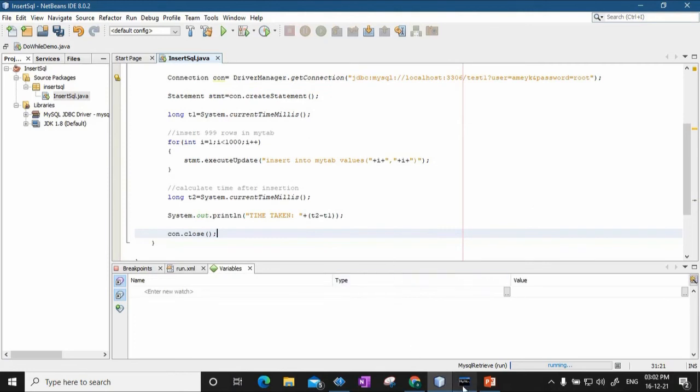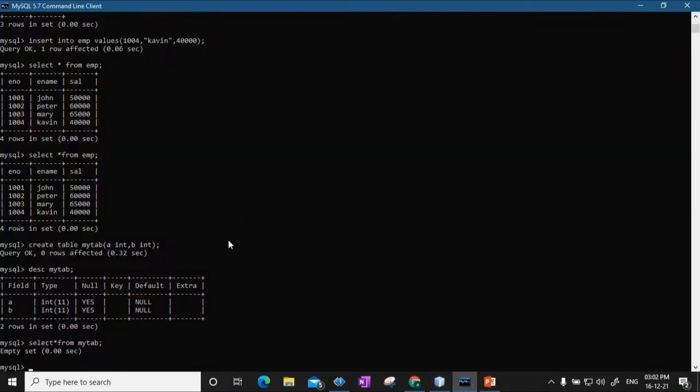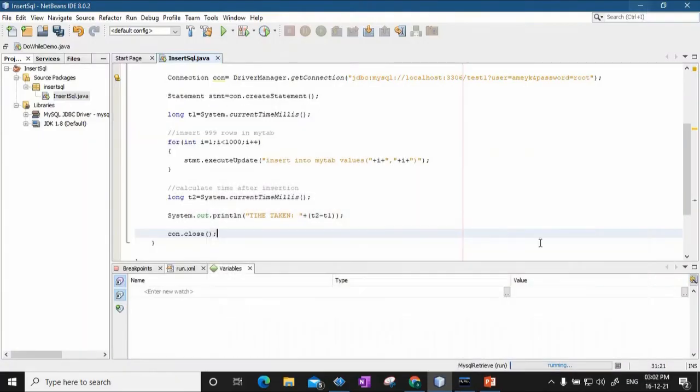Fine. So this is the database that I have, the table that I have. Right now it is empty and I'm trying to insert some data values into the database, right? I have closed MySQL. Anyways, let's run and let's check. Okay, so I save this program and I run. Let's see whether there are some errors first.